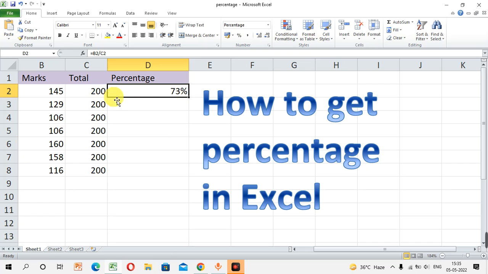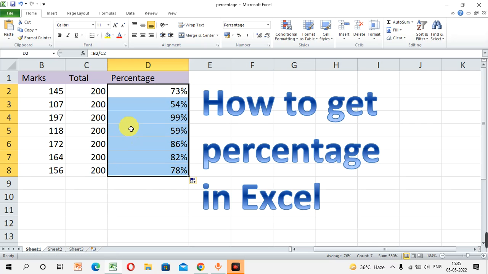But the point is, when I multiplied by 100, it was 72.5, and now it is showing 73%. So when we find the percentage in Excel, it rounds off the value. Now we are going to apply the formula to the other cells as well,